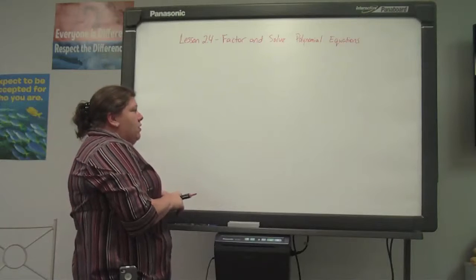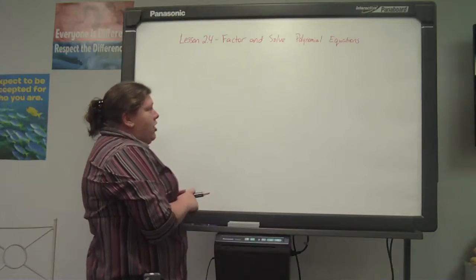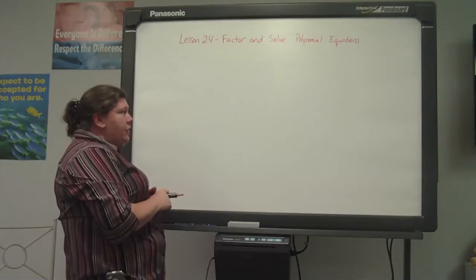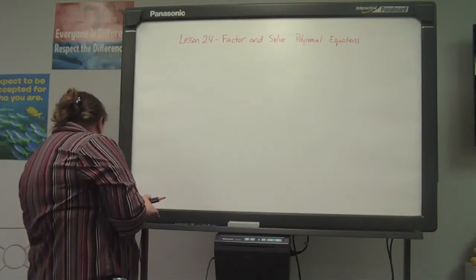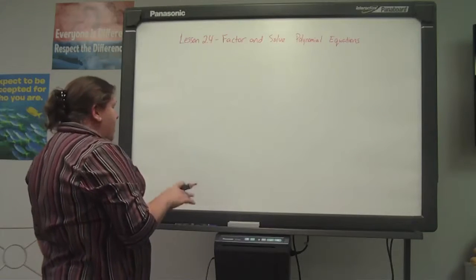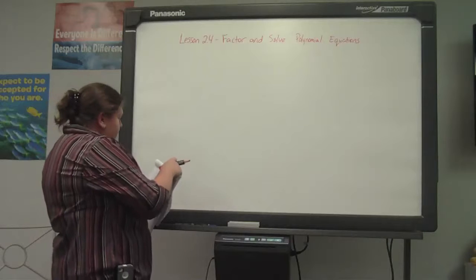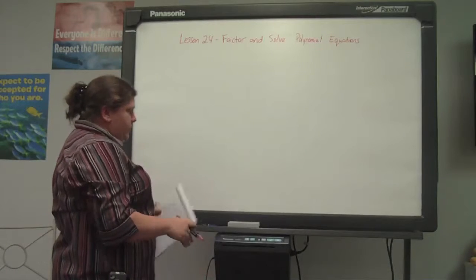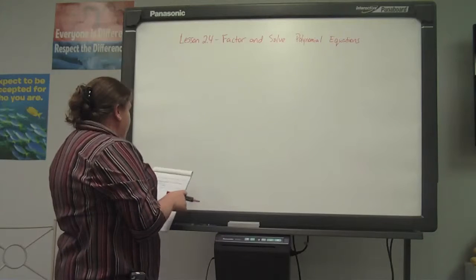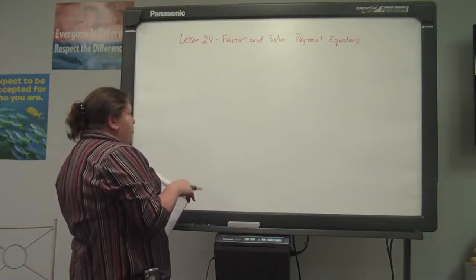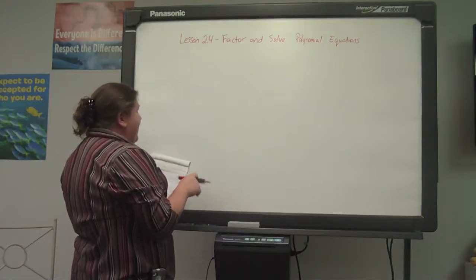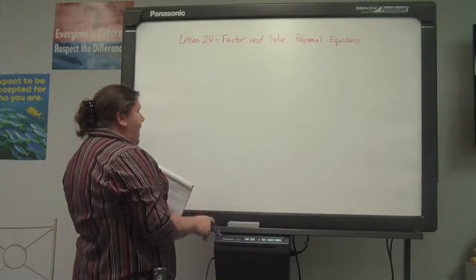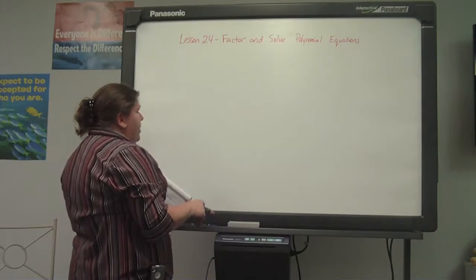Lesson 2.4 is about factoring and solving polynomial equations. One thing to know when we are factoring polynomial equations is that we want to try to find prime polynomials. A prime polynomial is a polynomial with two or more terms that cannot be written as a product of polynomials of